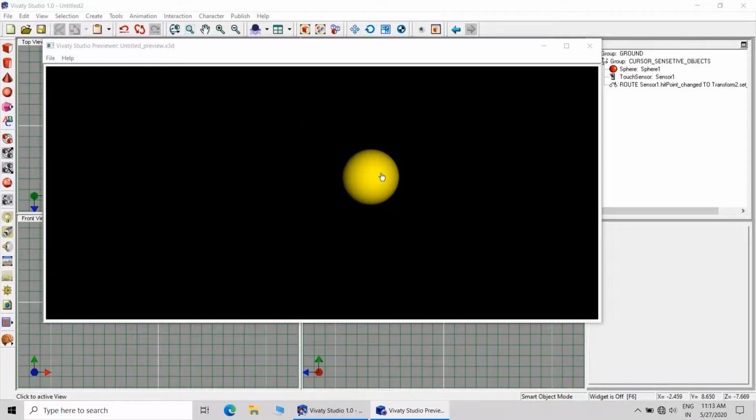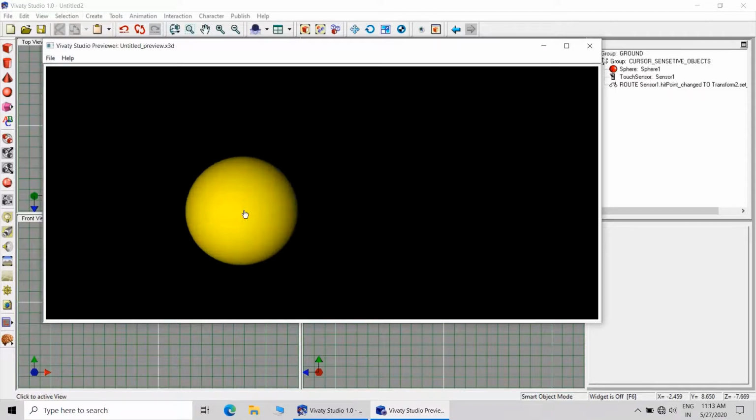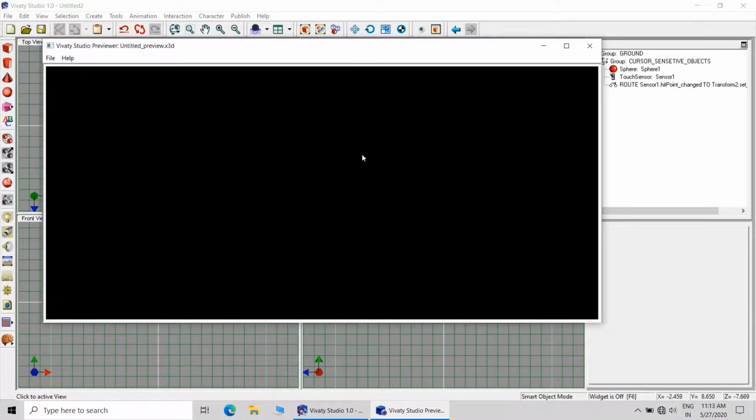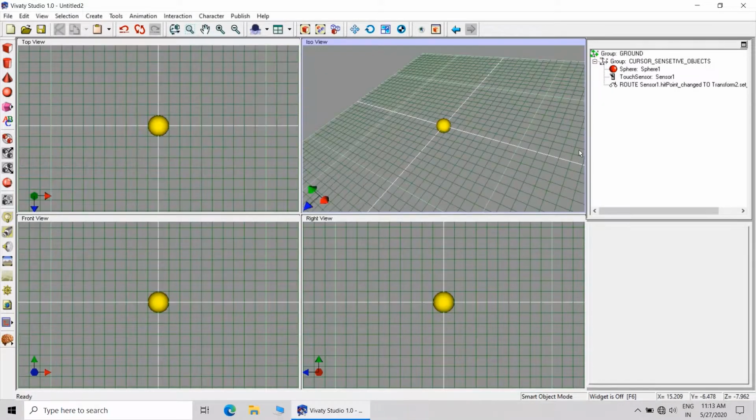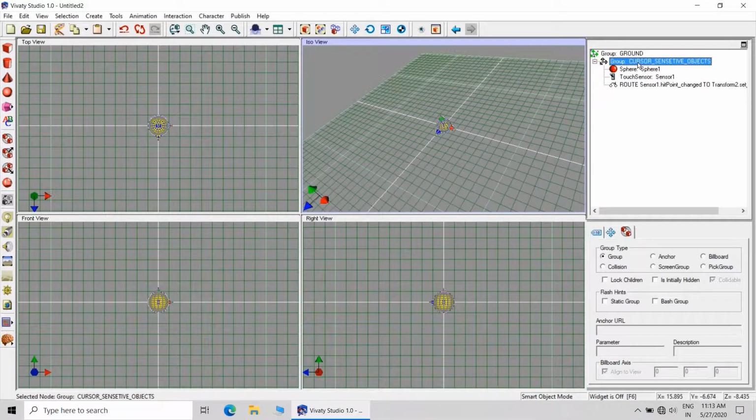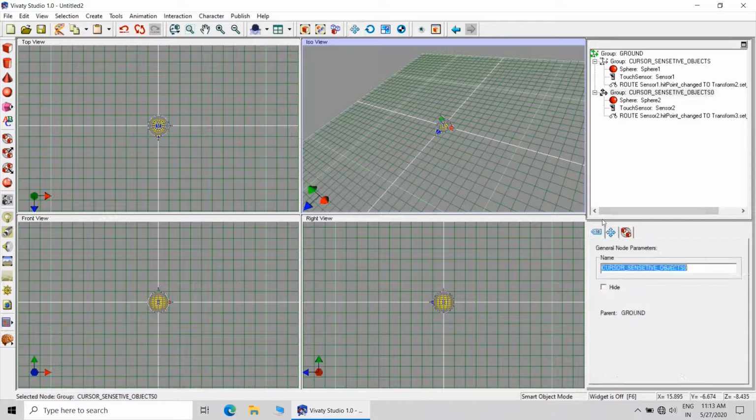Now the next thing will be adding more objects to this particular logic. So we will duplicate this logic, and we will be placing more objects into the same logic. I will duplicate it into another group, and instead of sphere we can add the cylinder, cone, and box also. Again, this method will be the same. The only thing is that the object will be different.